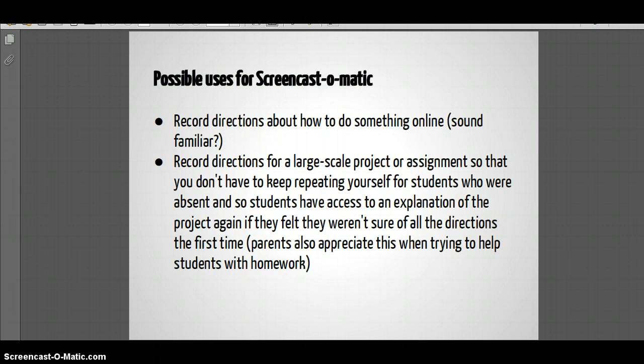In the way of how you might use it, it could be to record directions about how to do something online. That should sound familiar since that's pretty much what this whole class is about. Or, interestingly for class especially, I have found that especially with big projects or things that I wanted to be sure the students could listen to my directions about, where I might ask them to write down some things on paper, or we would talk about it in class and how to do it, but I couldn't guarantee that